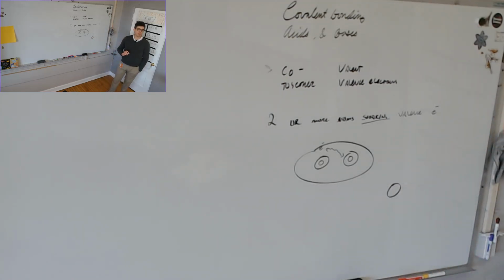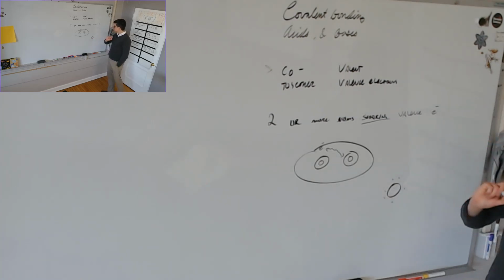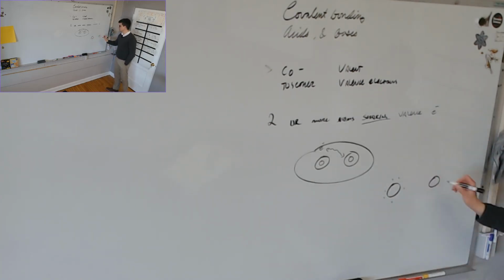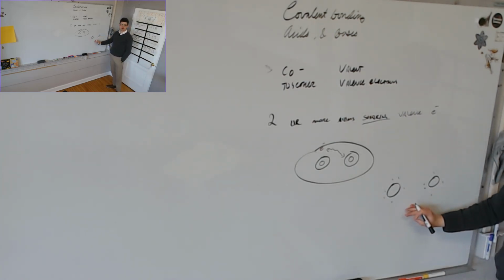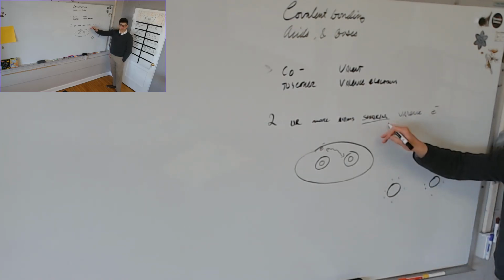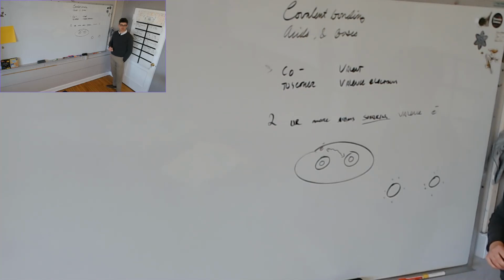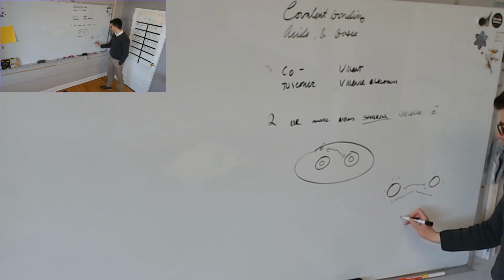Tell me how many dots I should draw around oxygen to give it the right number of valence electrons. 6. 1, 2, 3, 4, 5, 6. What about for this oxygen? 6. Now, remind me, how many are they most stable with? 8. Is there a way that these two can share covalently to get 8 valence electrons? Sure. If this one shares that, and this one shares that, we end up with a double bond,